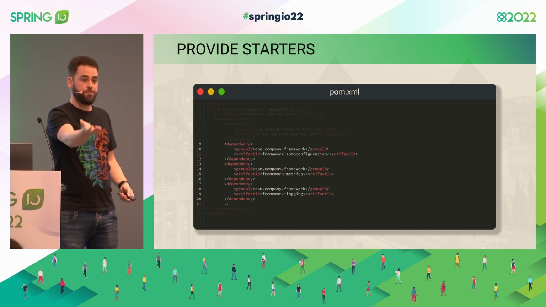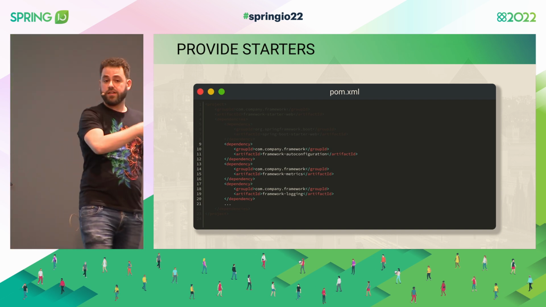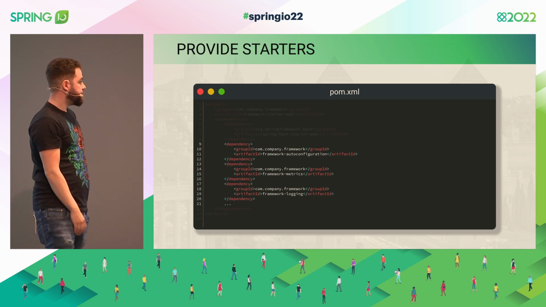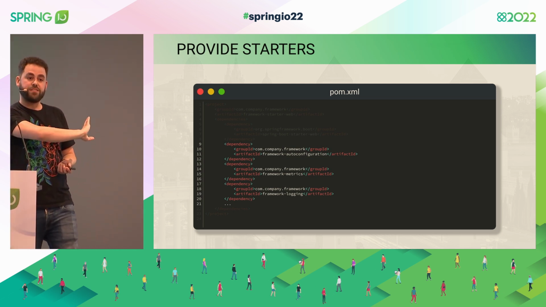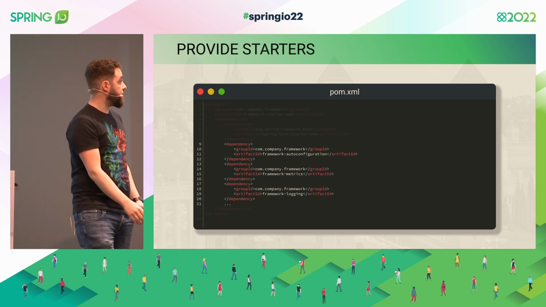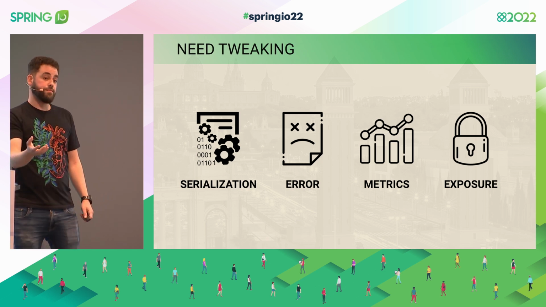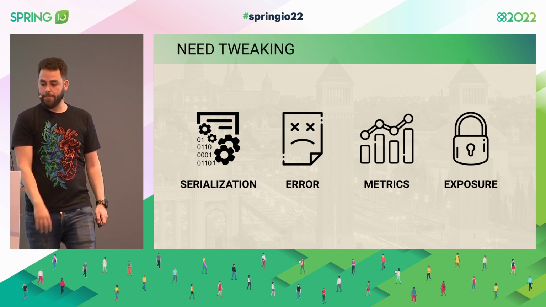We can add our auto-configuration. We will see in a bit what this is. I can add metrics, logging, any module. And that's it. Now our application will just have a simple dependency, and we are taking care of everything, focusing on dependencies in this case. So now let's jump into the things that are still there, but they might need some tweaking.